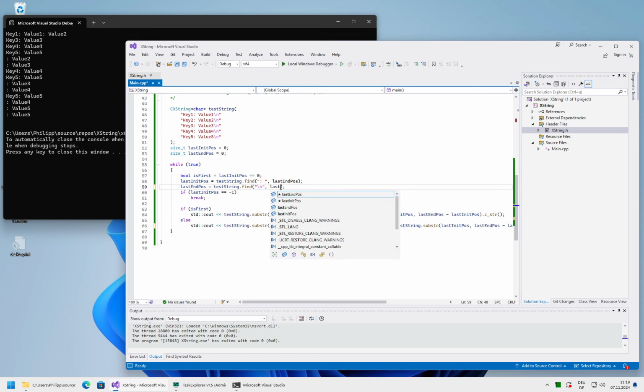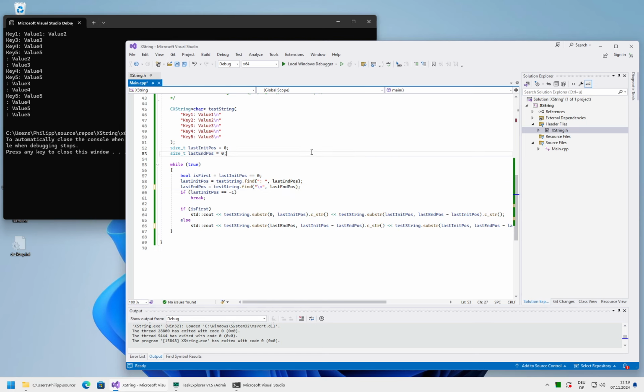Yes, but you want to print the key string as well, right? Is that what you did? Right. So if you have the index, let me have the mouse. Let's say we are in key 2, if you have the index of double point and the index of \n, how do you know where key starts? You need a value that would point to key 2 so that you can print it.